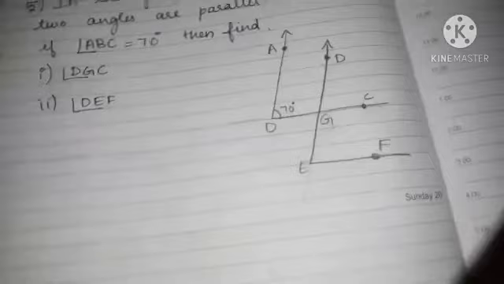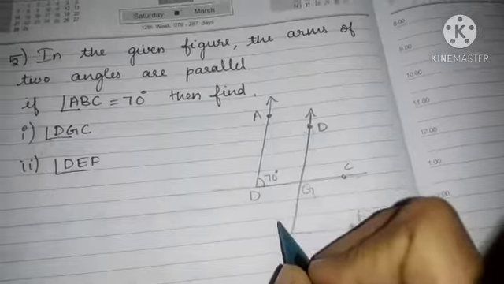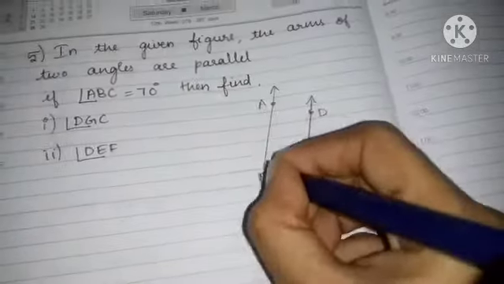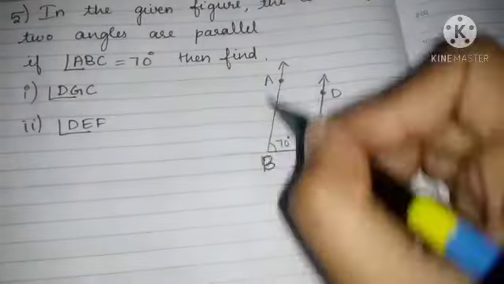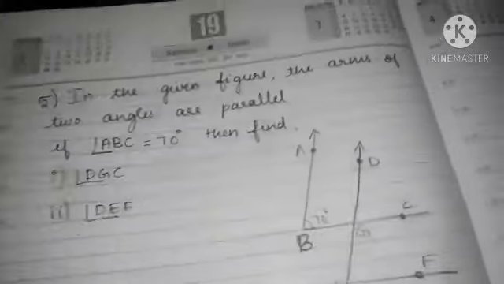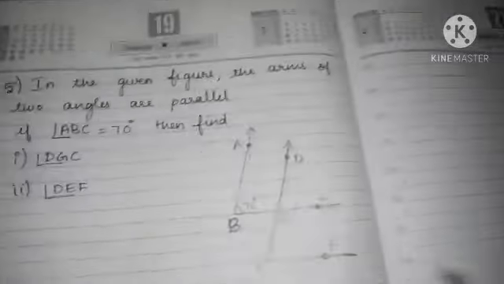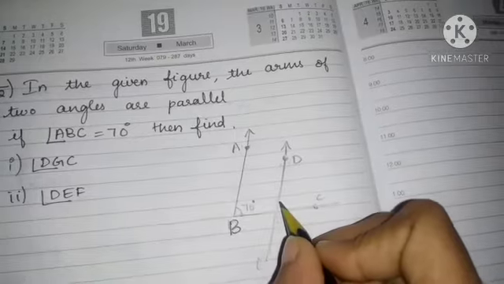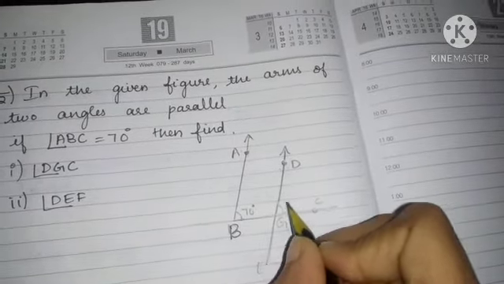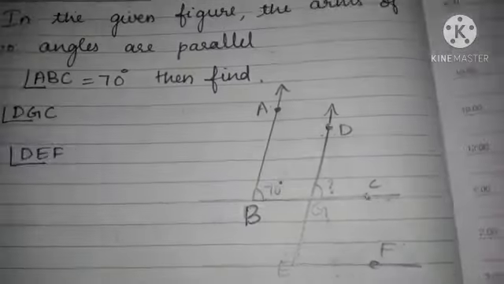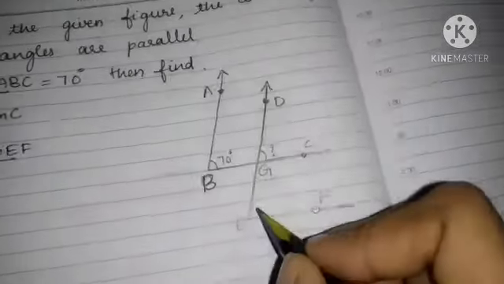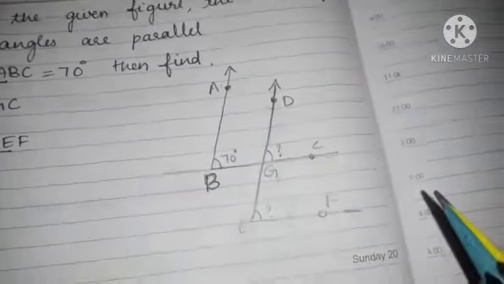So first I am going to take what is given, A, B, C, right? So this is B, children, not D. Okay. A, B, C is 70 degree. Given the angle is 70 degree. Then find DGC. Okay, we are supposed to find DGC. Right, DGC, you know, right? Next, DEF. This also you have to find. Okay. Now, I'm just going to exchange this textbook. This is your diagram, right?